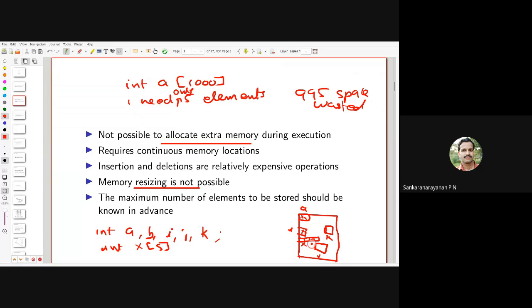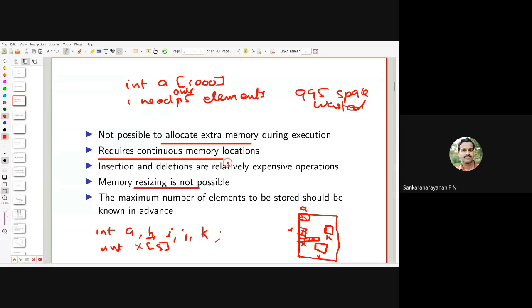So already we have reserved some space for all. This memory belongs to what type of memory? In the last class we told there is code memory, then stack memory or global space, then we have heap space. All these are in stack. Stack space in the memory is a fixed space. If we have already allocated many spaces for different variables, and if I want to allocate an array, and the size of the array is say 1 lakh, and there is no continuous 1 lakh locations available, then it is a serious problem, because array creation is not possible, because it requires continuous